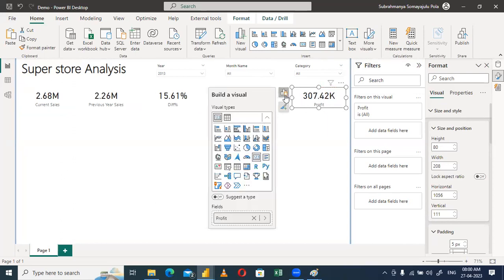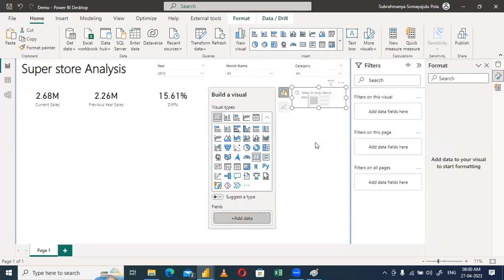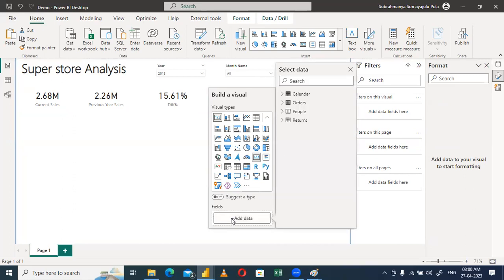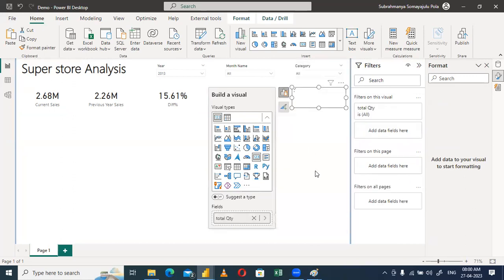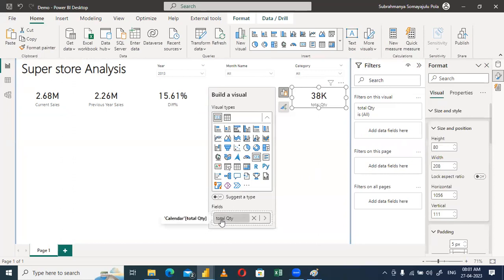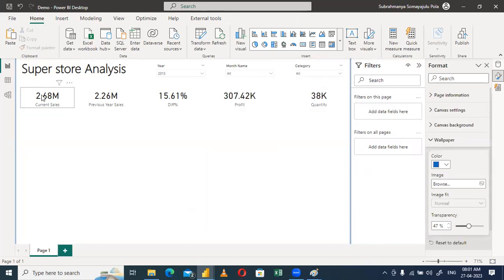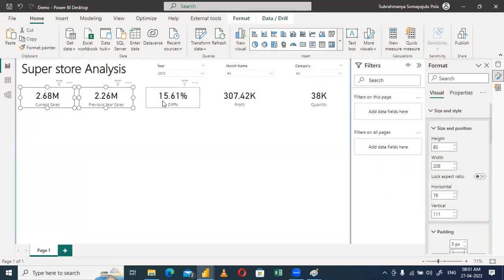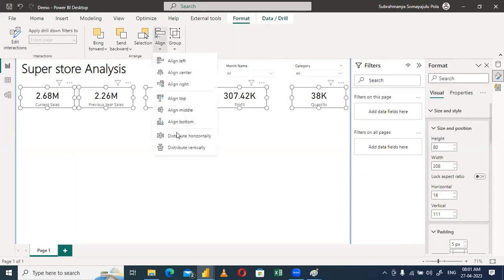So the total quantity is, so let's adjust the alignment. Format alignment and